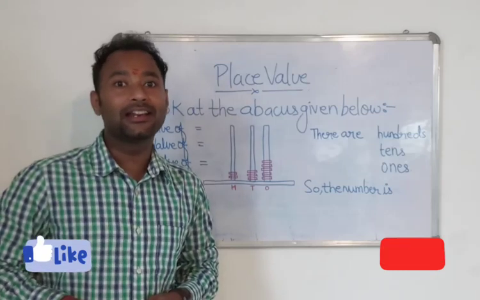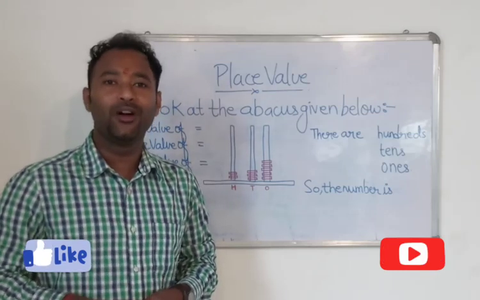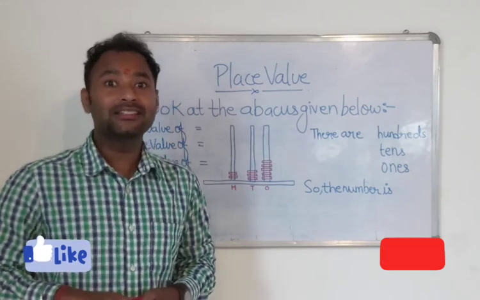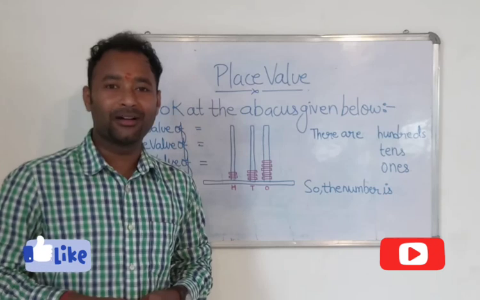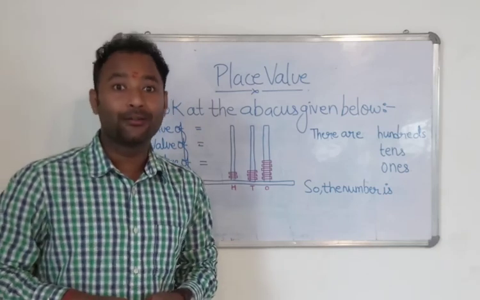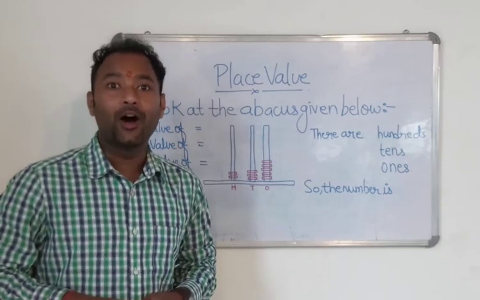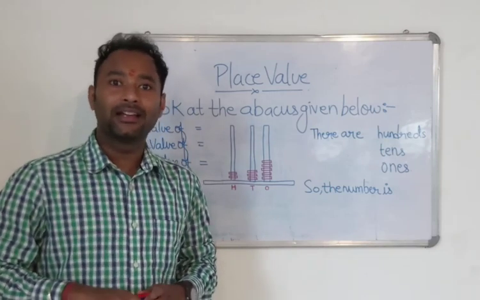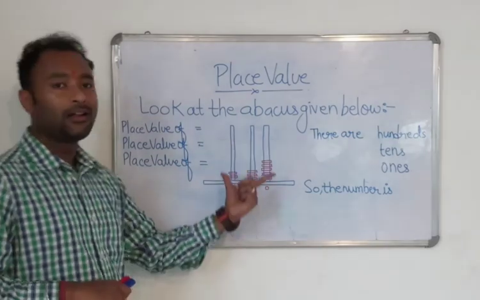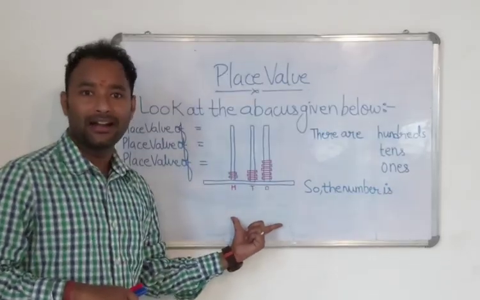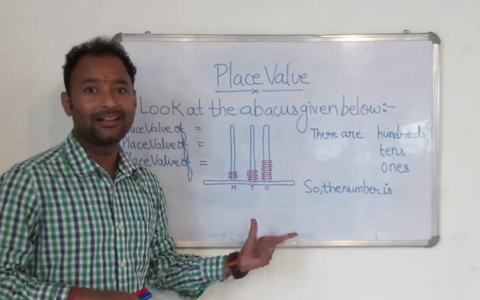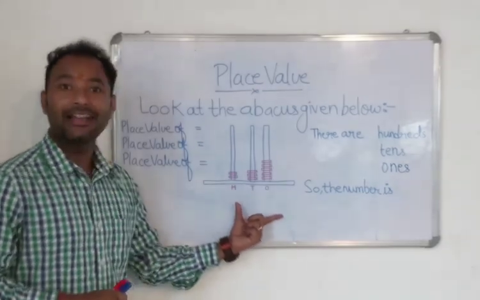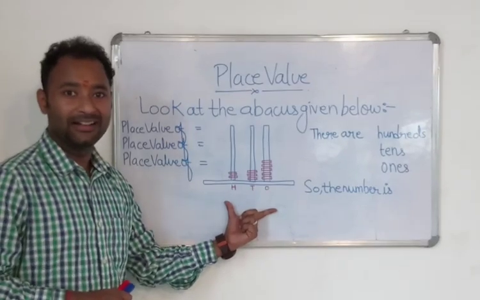Today we will study in continuation of chapter number 4, that is counting in tens. Students, we have already studied one digit numbers and two digit numbers, and I have also explained how you will write three digit numbers. Let's elaborate the topic in the form of an abacus so that you can understand in a much better and easier way. Students, can you see that sir has drawn an abacus on the board?